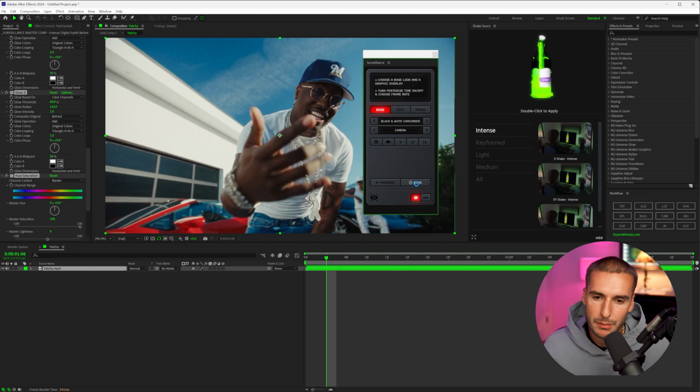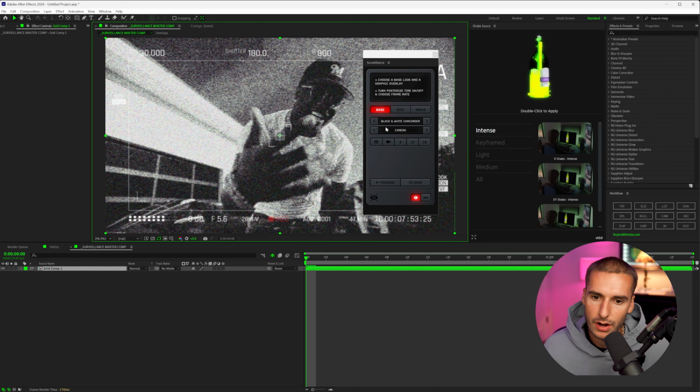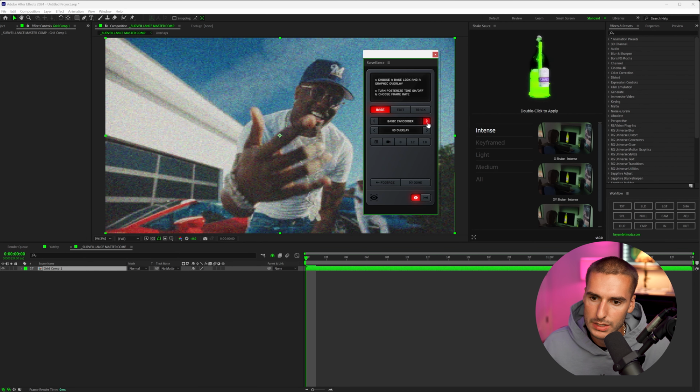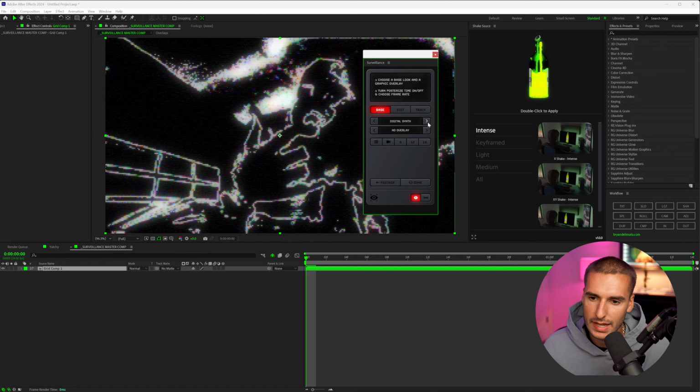It's going to do a bunch of stuff in the background, basically loading up the plugin itself, all the different presets. And you'll see it instantly transforms it into this black and white camcorder, which isn't what we're looking for, but does look pretty cool. You'll see there's a bunch of overlays that you can add on. But for our effect, let's go ahead and keep it simple and do no overlay, and then we can go through all the presets to get something a little bit more of like that digital synth here. I did like digital synth like this, so let's go ahead and use that and then click edit,